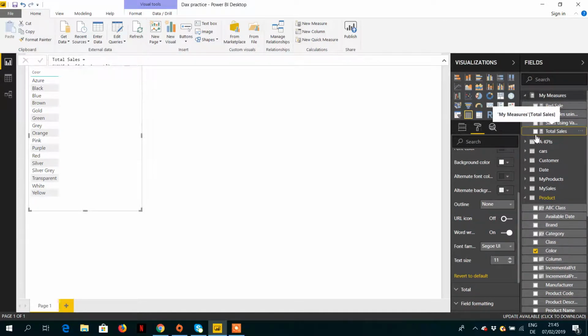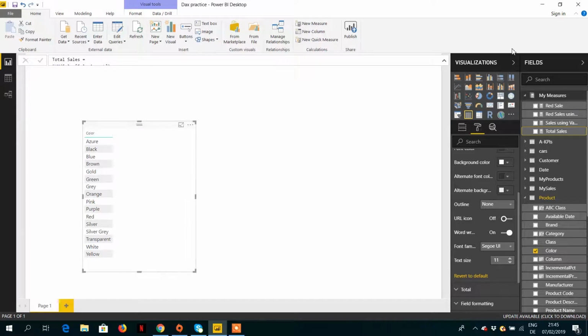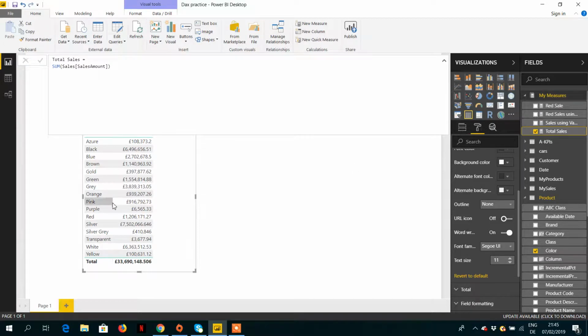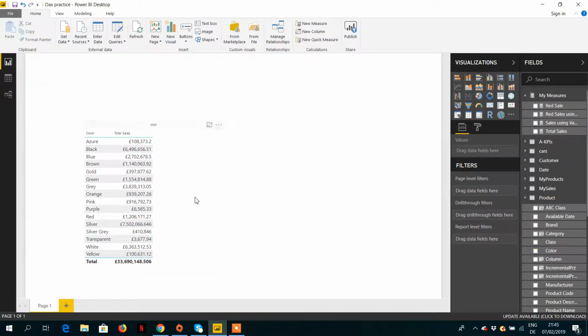The name is total sale, and you can have a look at the formula here. This is the sales amount in the sale table. So we can drag and drop it to the visual, and here you can see we have the product colors, and for each product color we have different sales depending on the color of the product.